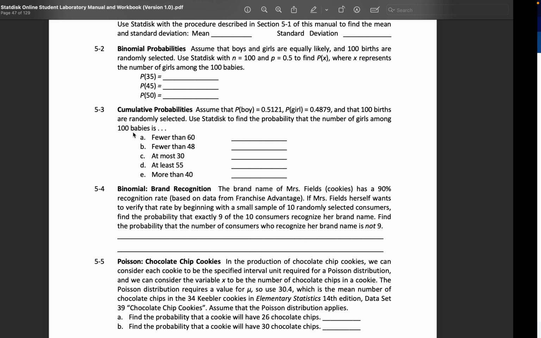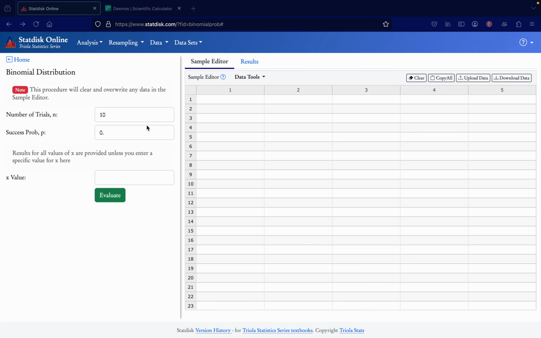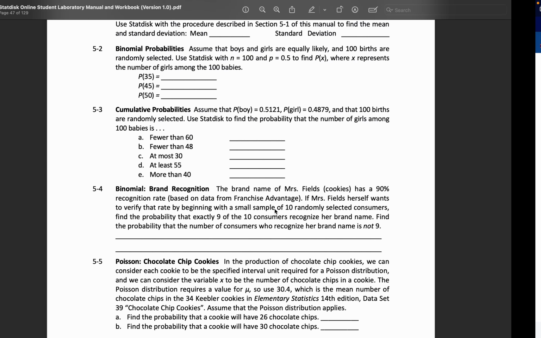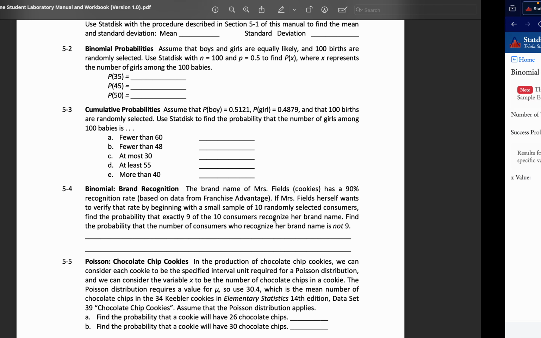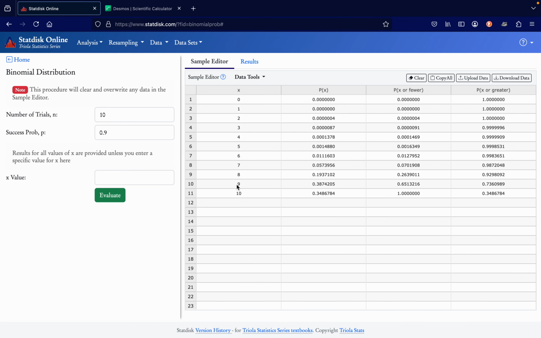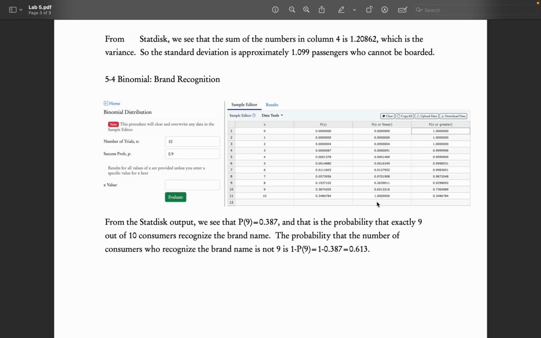And again, the number of trials will be 10. The probability will be 0.9. And we can actually type in the x value here, but I'll just click Evaluate. What we want to know is the probability that exactly 9 of the 10 consumers recognize the brand name. And so you go to this row here, which is row 10, where x is 9, and you want to find this probability here. Okay, so you take a screenshot of that,